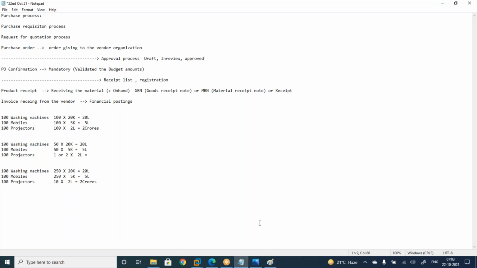Now I have explained a very small dot. Only a dot I'm explaining. I need to explain a lot of scenarios. Out of 100 quantity, I have received 20 quantity. How to do a partial receipt. How to combine 2 purchase orders into 1 product receipt. There are many scenarios. Today I have discussed only one small topic. All your doubts will be cleared in maybe 3-4 days. It will take some time.